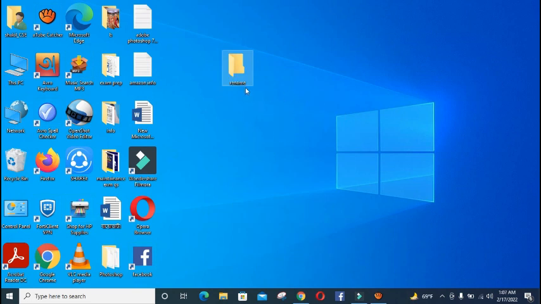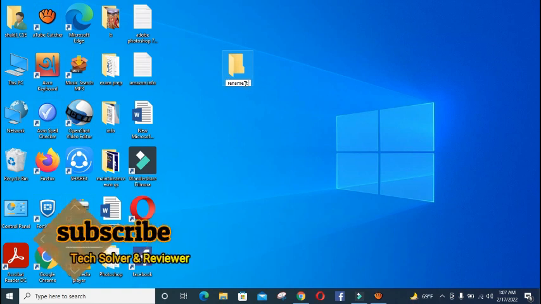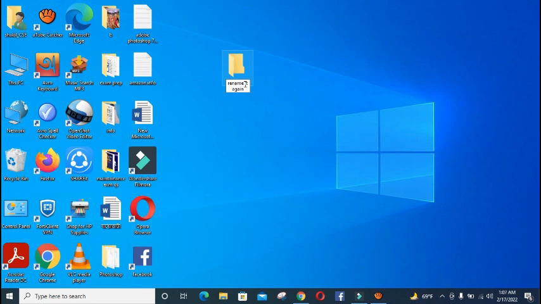Otherwise, click on it and press F2 on your keyboard. You see the F2 button, so press F2, then the rename option is here, so you can rename it again. Okay, so it's a very silly topic, but some people hesitate to let it be known,